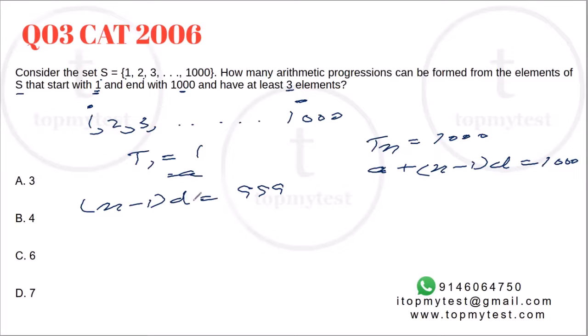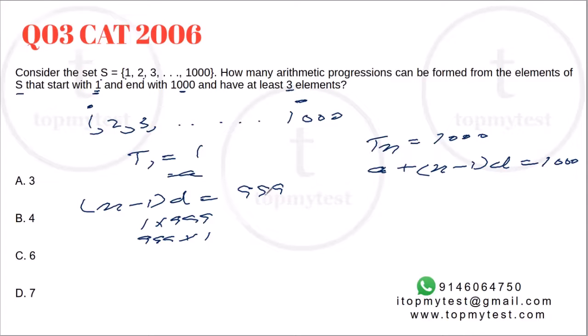So we would have read quite a bit about numbers, how to write a number as a product of two numbers. This is an application of this. But you need to be a little careful. N minus 1 can be any factor. So whether you take 1 into 999 or 999 into 1, when you count the number of ways of writing it as a multiple of two numbers, you think of this as 1. But here, n minus 1 is equal to 1 will give you a different result, and n minus 1 is equal to 999 will give you a different result. So these are ordered pairs. So you'll count them as two different instances.